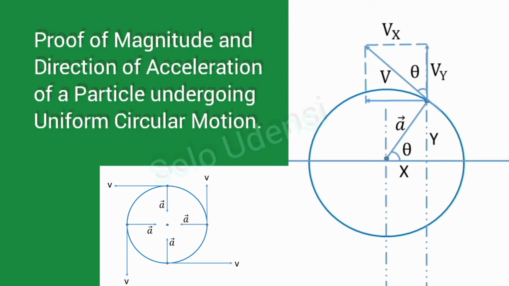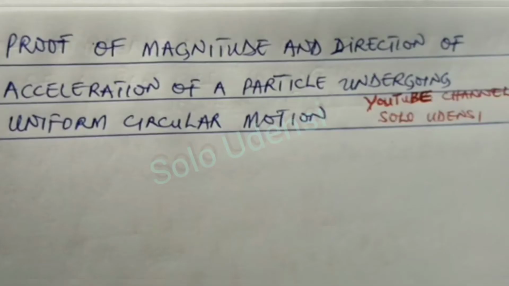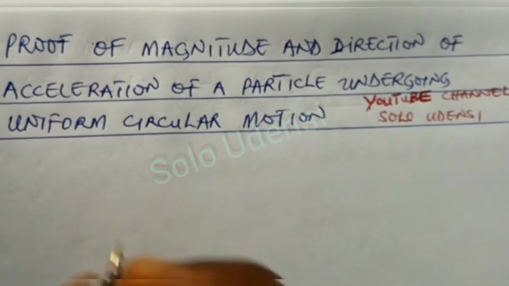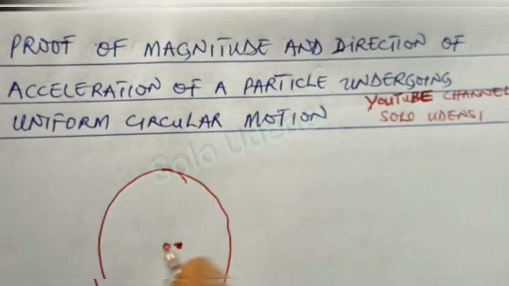Prove the magnitude and direction of acceleration of a particle undergoing uniform circular motion. We know that a particle is in circular motion if it travels in a circular path or arc at constant or uniform speed. This is the center,